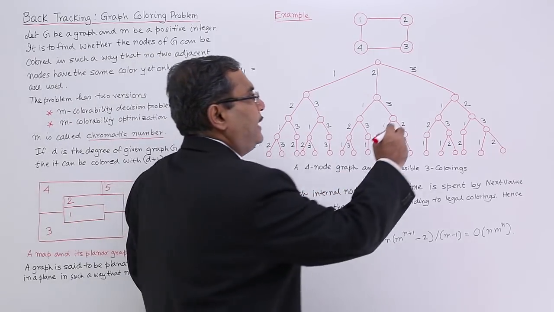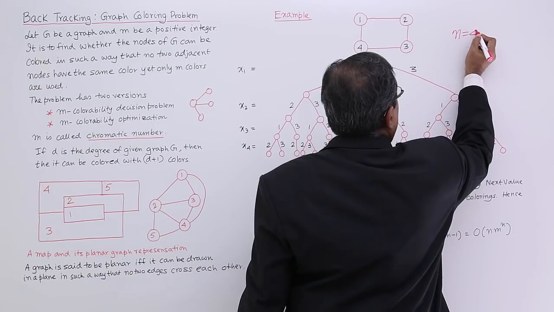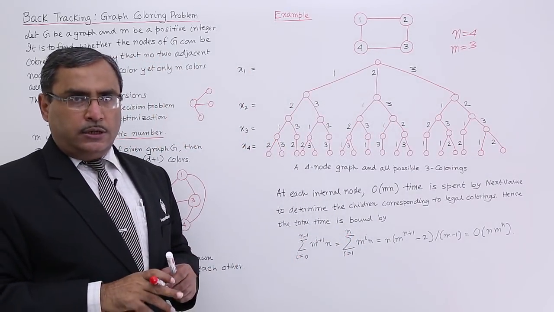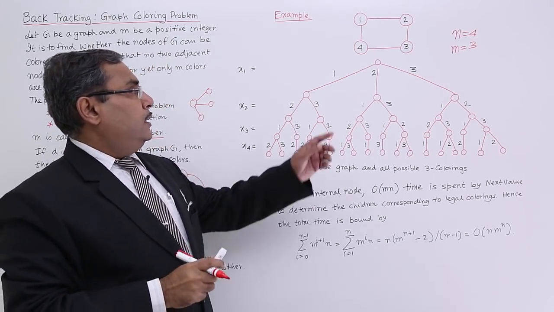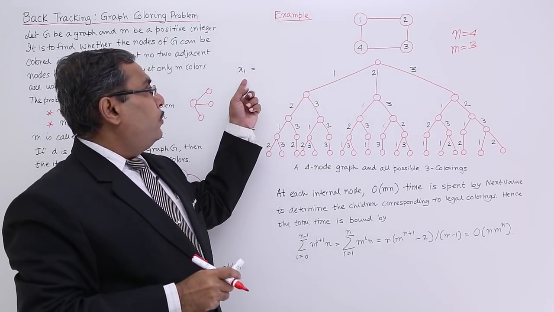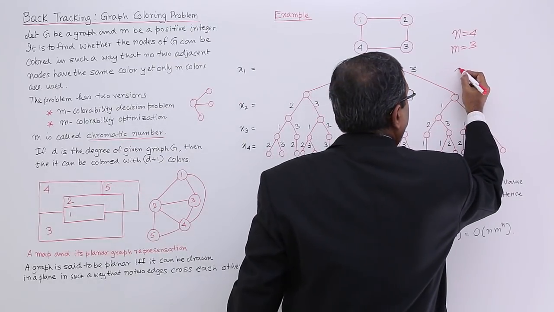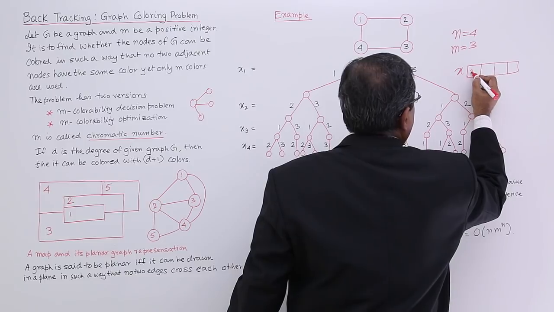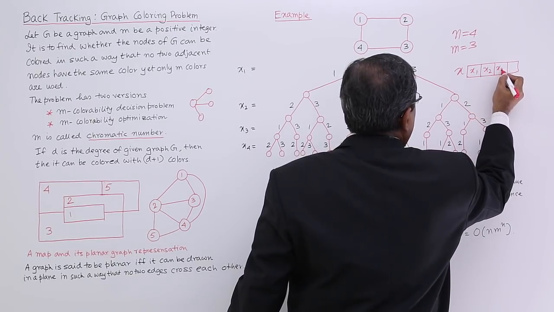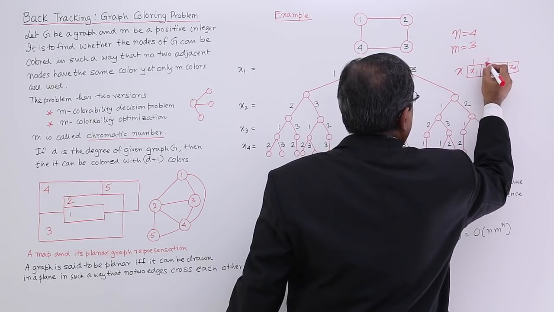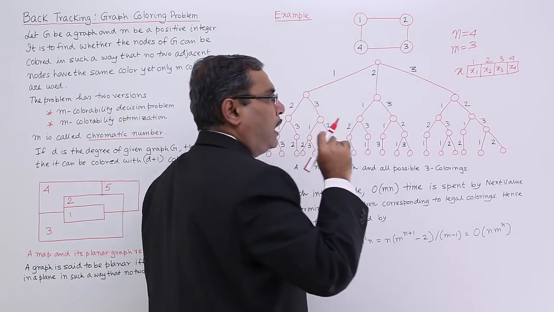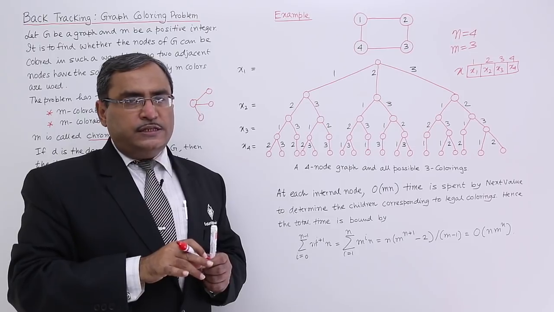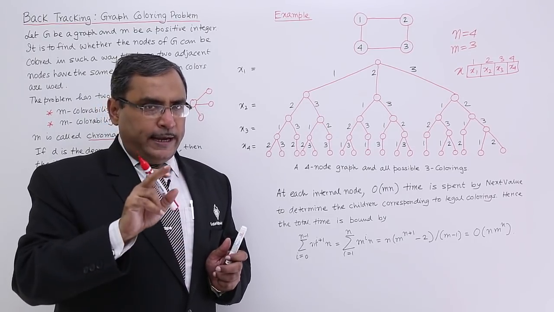That means here n is equal to 4 and m is equal to 3, because we are having 3 colors. Okay, now see. So the first node, I am going for x1. Actually x is nothing but one array which is having 4 locations. This is my x1, this is my x2, x3, x4, location number 1, 2, 3, 4. So now I should fill this particular x array with numbers ranging from 1 to m, indicating